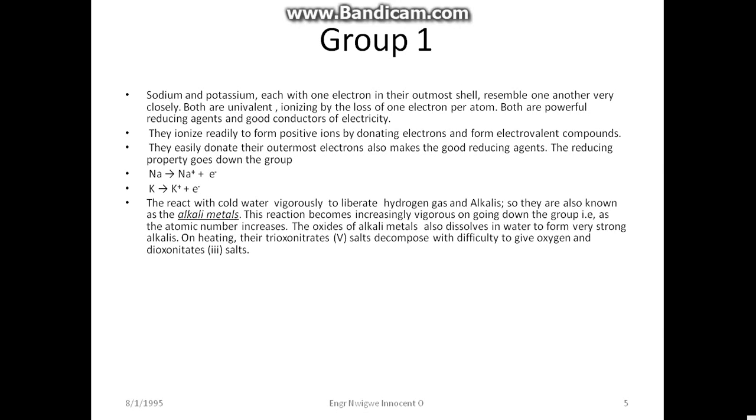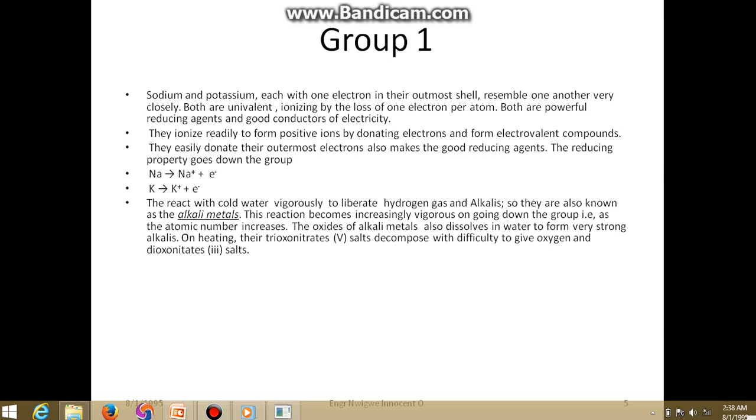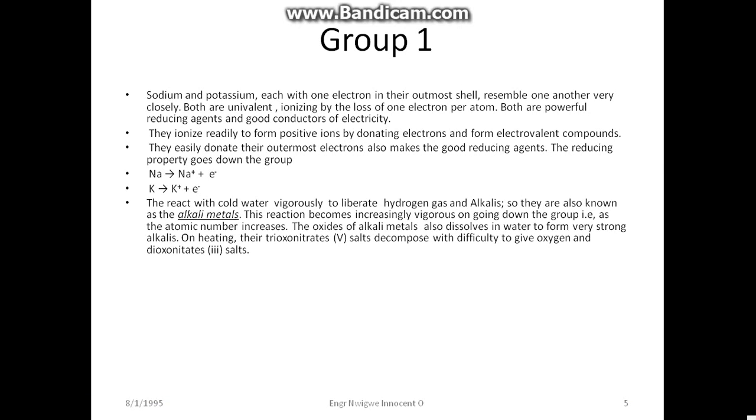On heating, the trioxonitrate(V) salts decompose with difficulty to give oxygen and dinitrate(III) salts. The reaction goes like this: 2 atoms of potassium react with 2 molecules of water to give potassium hydroxide and hydrogen. Sodium, 2